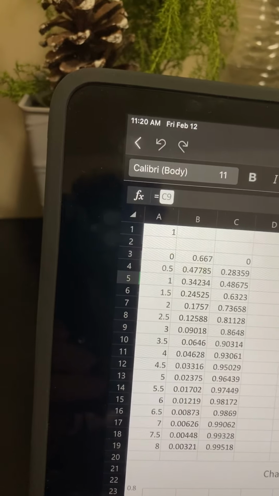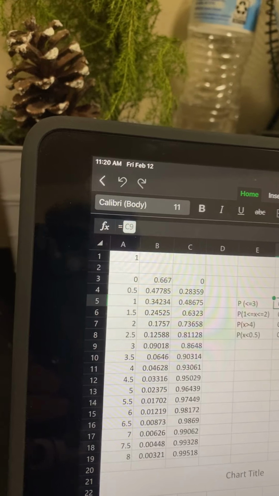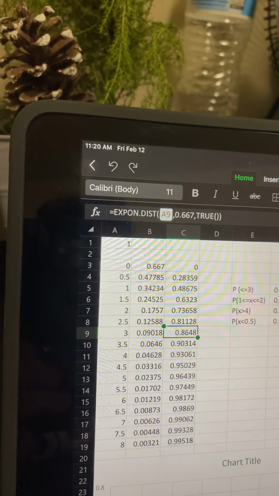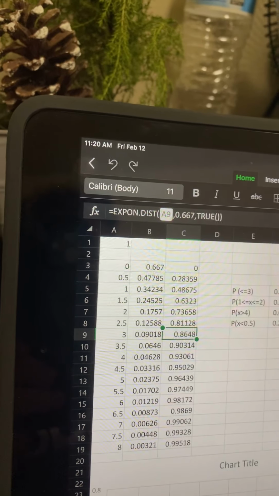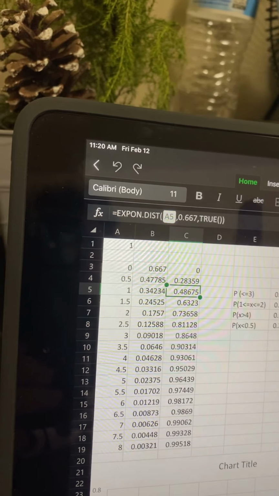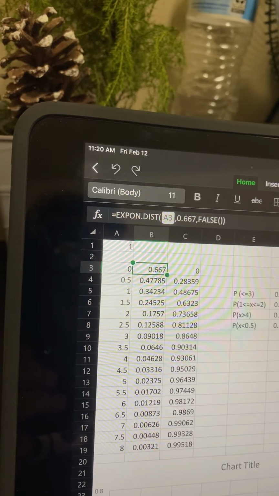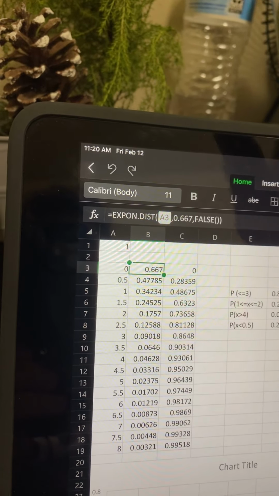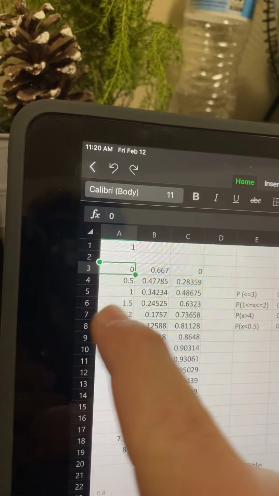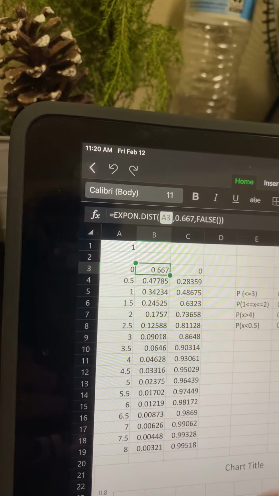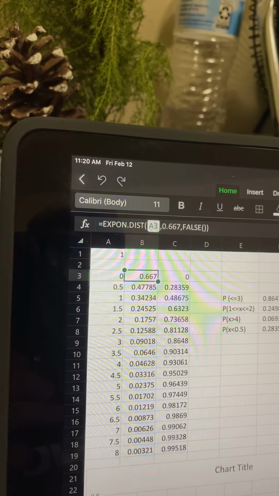Find the probability that the length of a randomly selected call will be, A1, no more than 3 minutes. To do that, I just put C9, which I guess means when they hang up. To get all these, I did like how you did in class. I used the EXPON.DIST. And then I multiplied by the 1 for the first number, because you can't do the whole range, you said. And then for the second number, I put